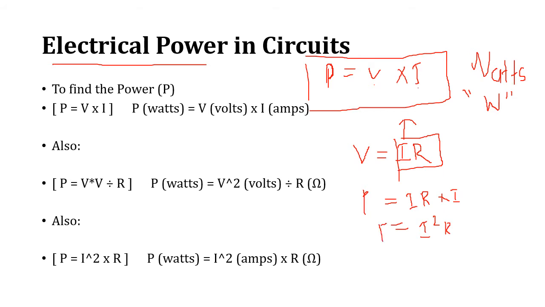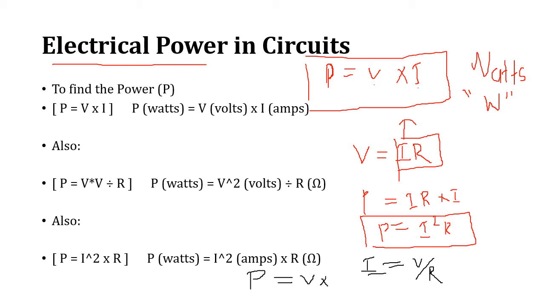So here is another relationship for the electrical power, and we can use this equation directly also. In the same way, from Ohm's law we can substitute for I instead of V. From Ohm's law we get I as V upon R. So P is equal to V into, for the I I am substituting this value V upon R. That will be equal to V squared by R. So this is the third relationship to find the electrical power.